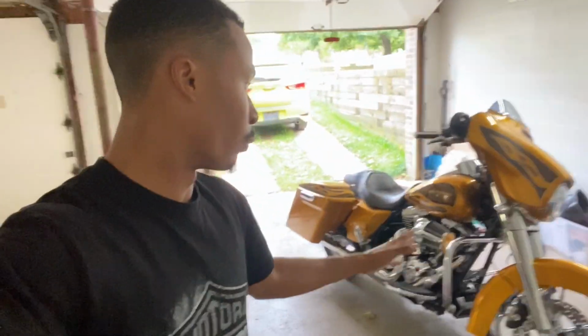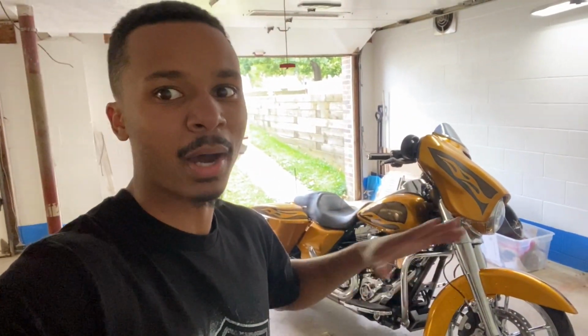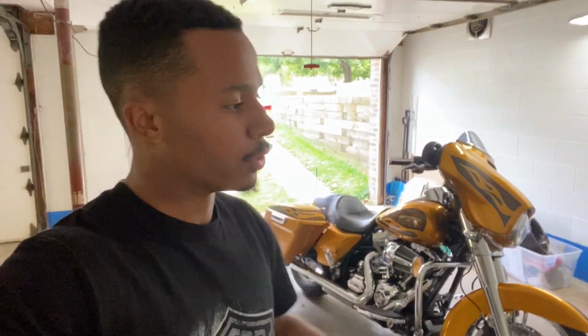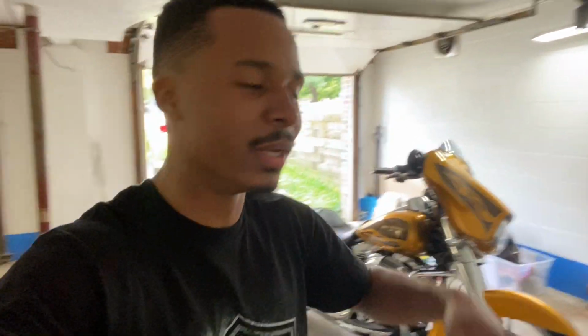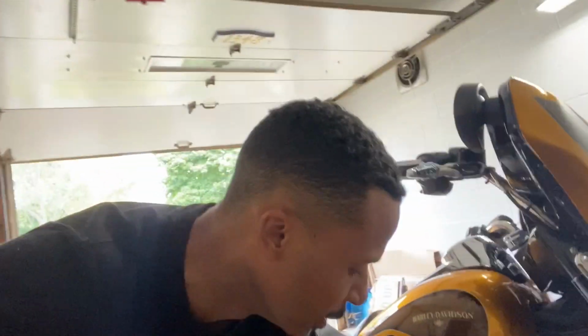The crash bars are there to protect the bodywork. So I'm fortunate that none of the bodywork got touched other than that little area underneath the bags. But honestly, guys, that is the littlest. It's underneath. Who even sees underneath the bag? So I'm not tripping. Like I said, the little bit on the foot pegs here, that's no big deal at all,